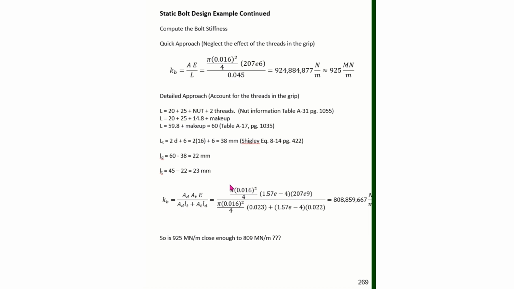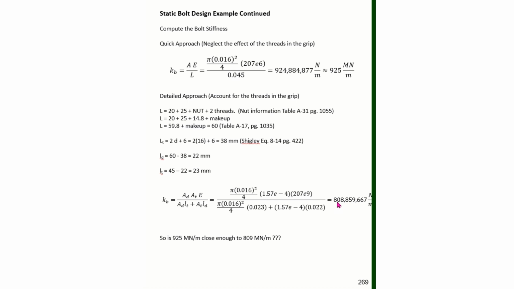So I compute AD, which is the area of the unthreaded portion of the shaft. I use just the diameter of the bolt, so I'll use the 0.016. AT is a lookup value from the table, and then I know the modulus of elasticity. Coming down here, I have my AD again times the threaded length, which is this 23, and then I have my AT times LD, which is the unthreaded length, which is the 22. And computing this KB, I get 808